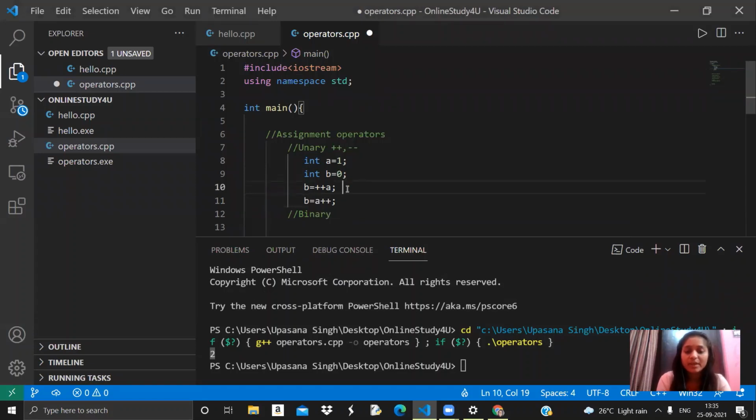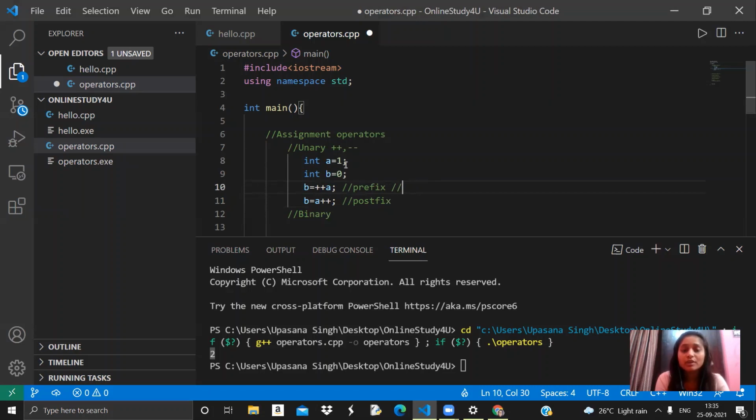This is the prefix manner, and this one is the postfix manner. In prefix, first the value will be incremented, then the variable will be used. In postfix, first the value will be used, then the value will be incremented. So what can be the value of b here?